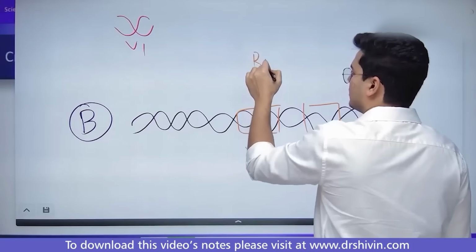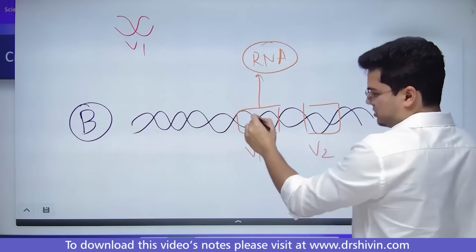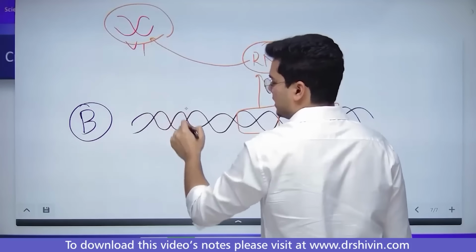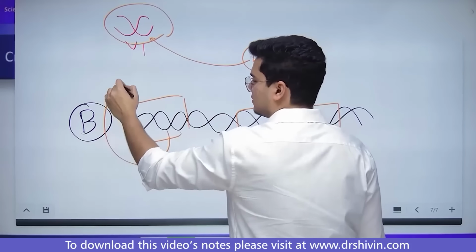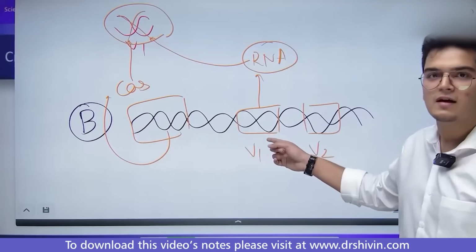It makes RNA of this viral one जो इसके पास था, complementary to that RNA goes and finds this, then यहां से it makes a Cas goes and cuts this।